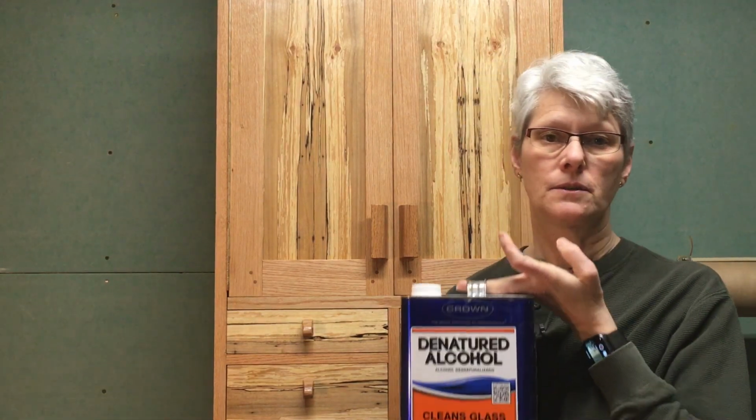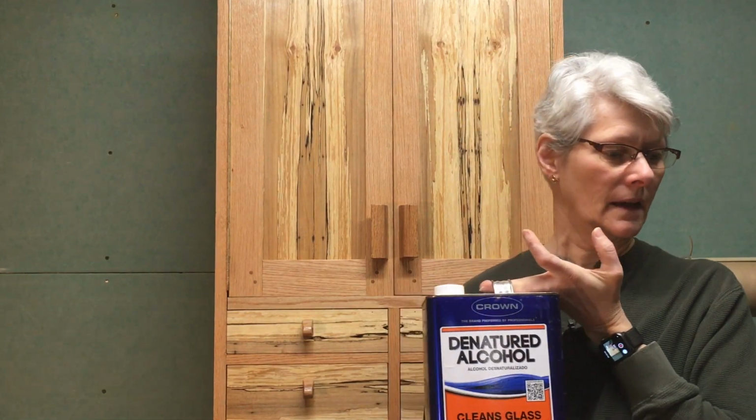I've got all my pieces sanded down to 220 grit after using denatured alcohol to raise the grain, and I'm still not ready for the staining process. I've raised the grain one more time after sanding everything down to the 220, so my next step is going